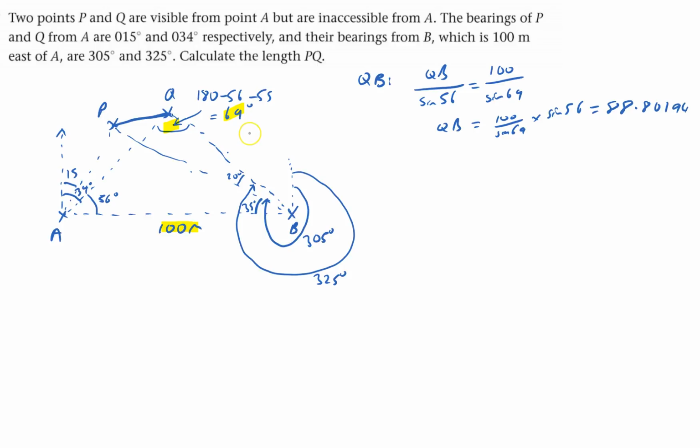Okay, so that's worked out QB. And now I want to work out PB. If I work out PB, I'm going to be most of the way through. So for PB, I'm going to use this triangle here, APB. PB is that length there, and 56 degrees is related to it, so that'll be sine 56. And that one's going to equal, yet again, the 100 over,